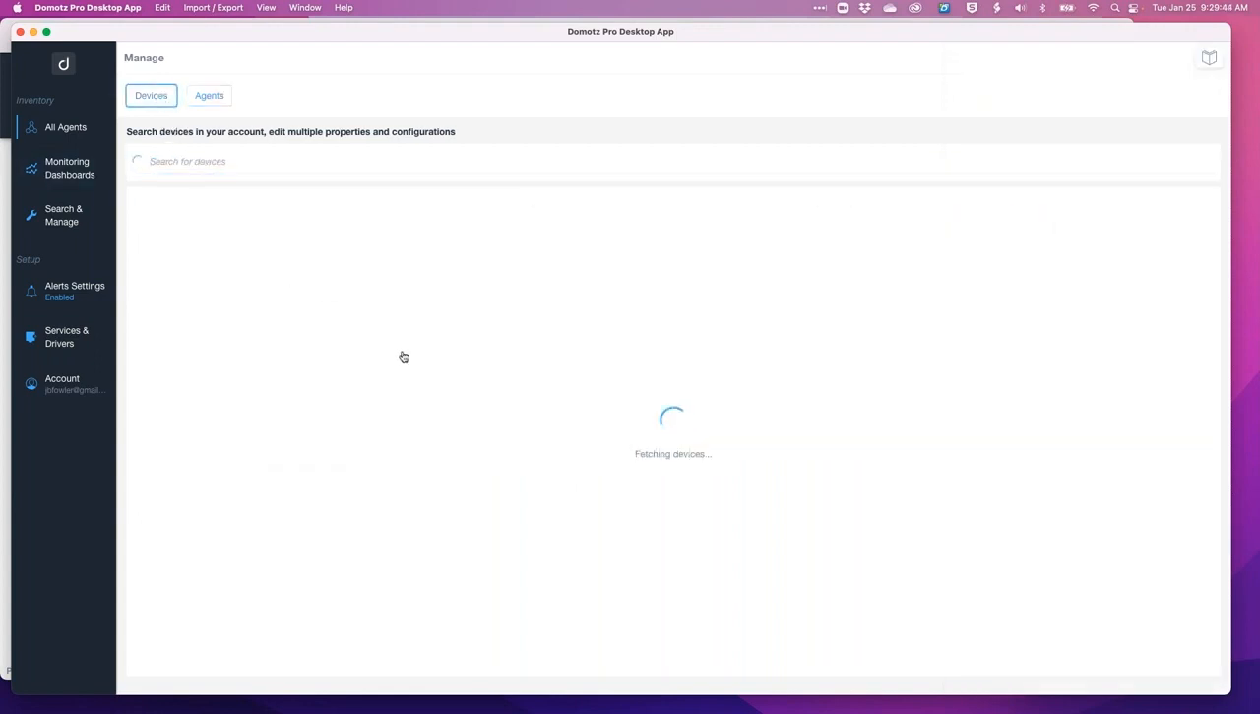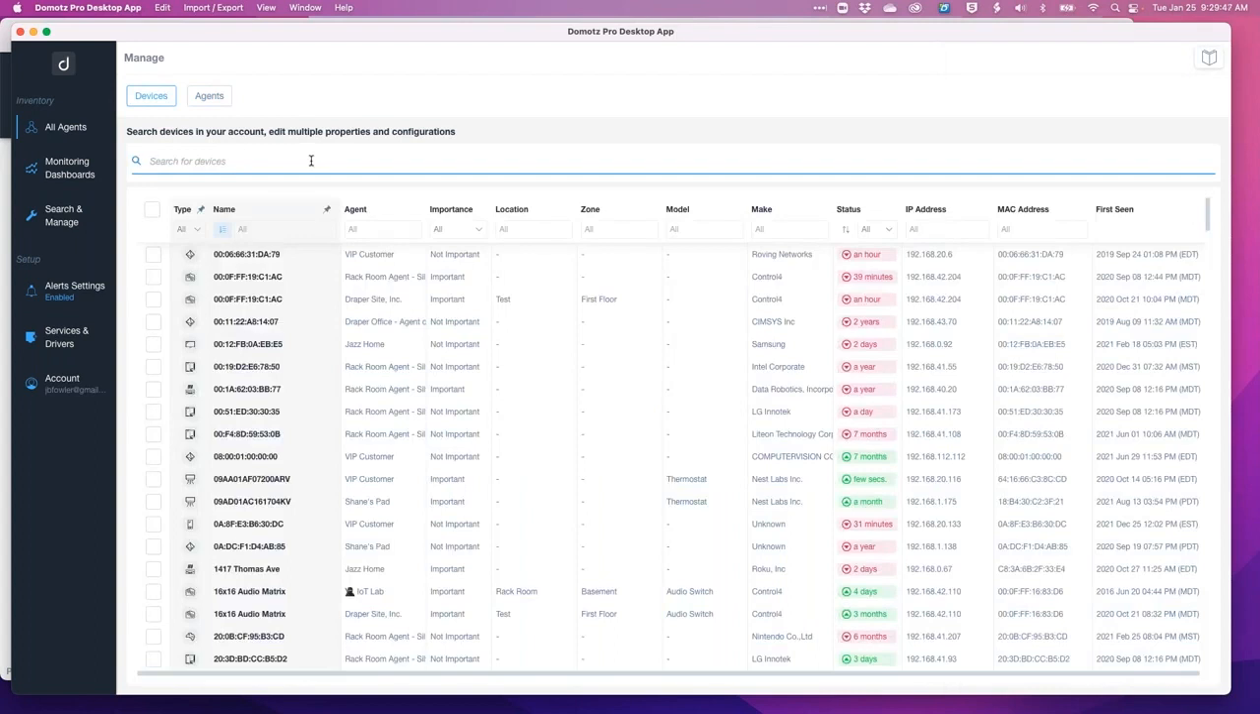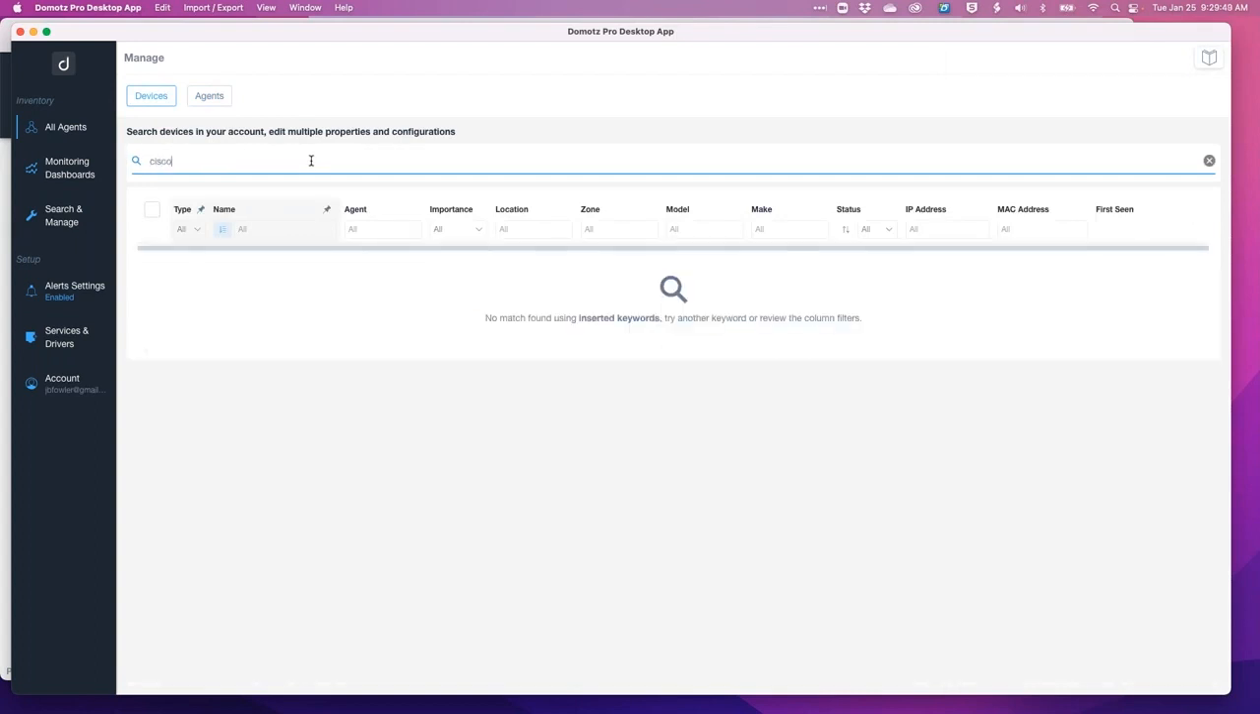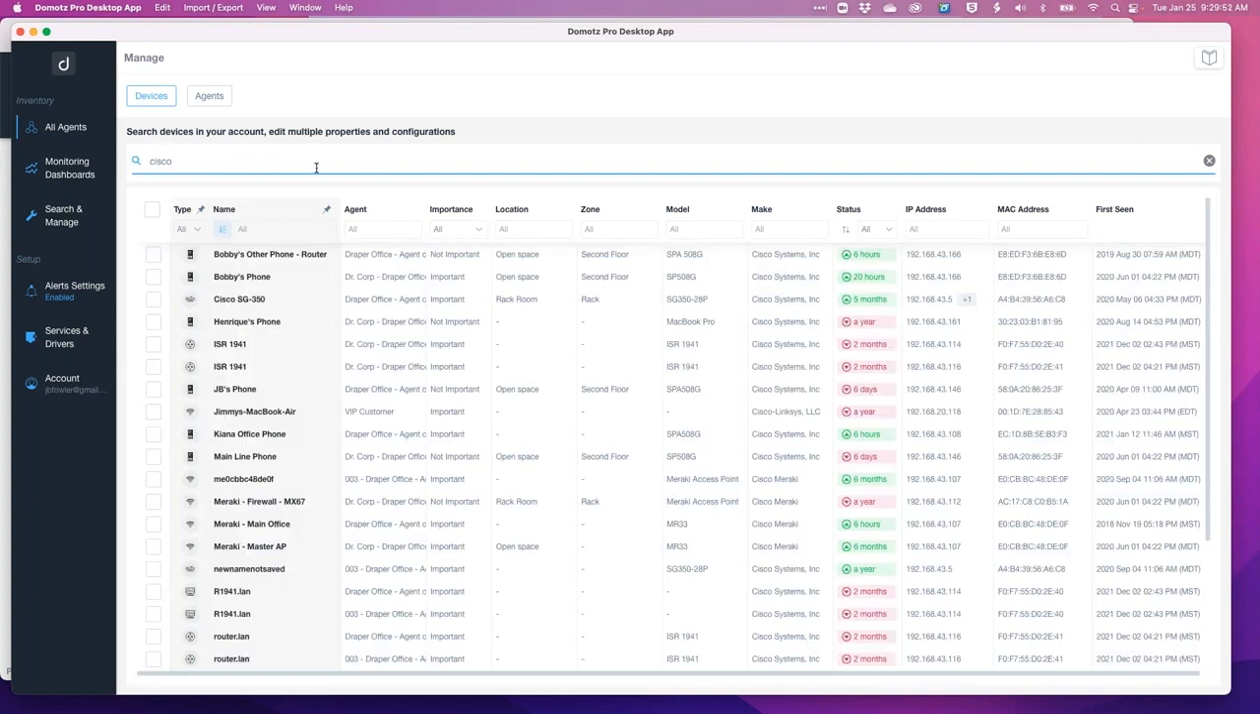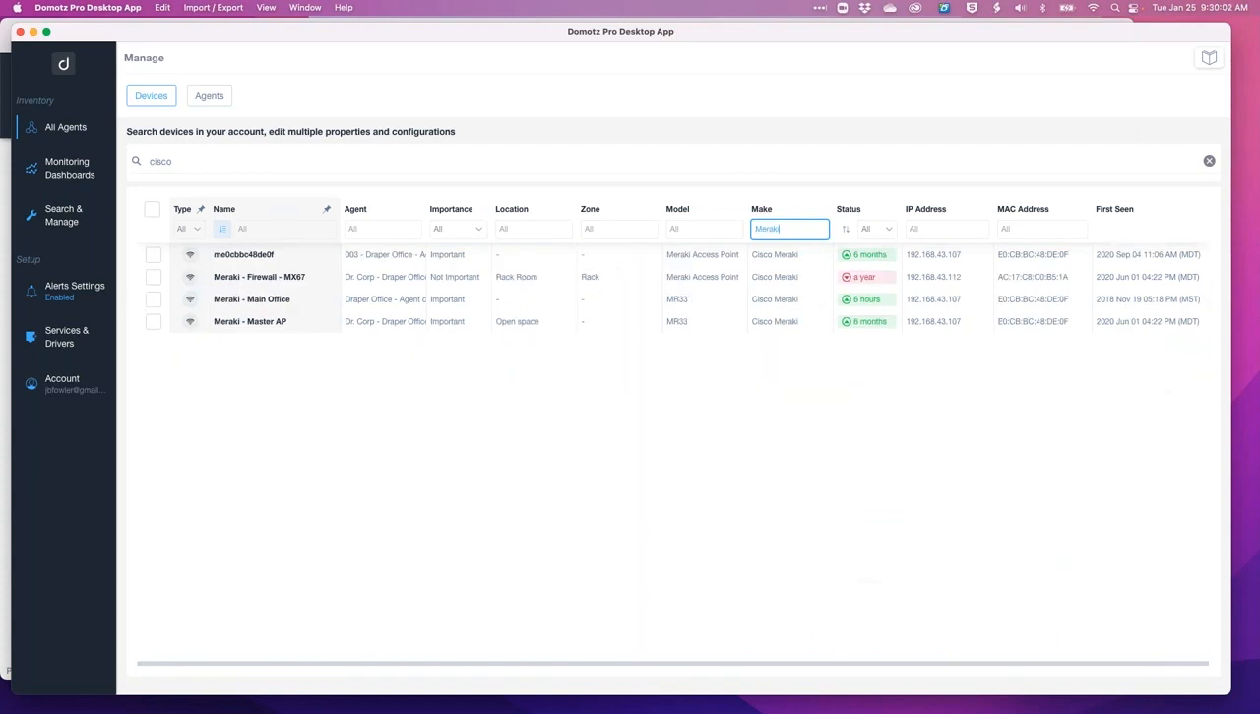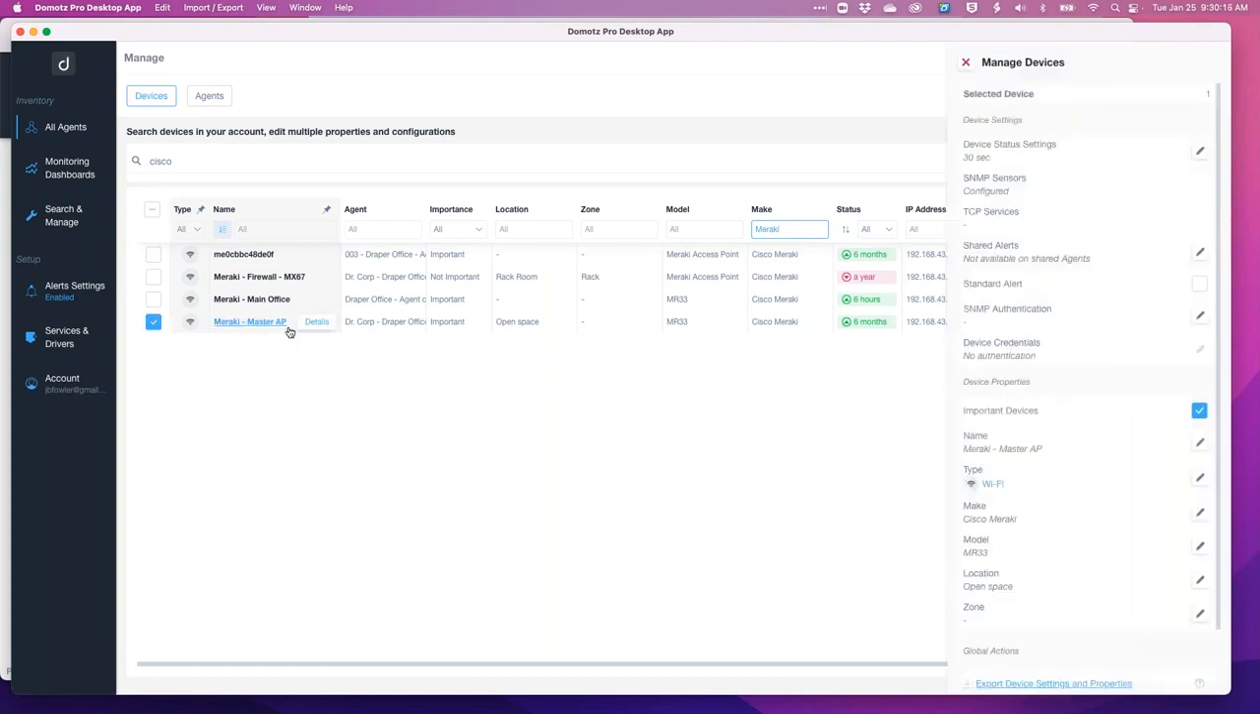But if I scale this back and look at each individual device, I now can search across all of my different agents that are out there. You can see all the list of agents that are out there that have the word Cisco. If I want to hone in and look at, say, Meraki specifically, I can look at Cisco, go down to the filters within the make and look at Meraki. I can then see some of the status if that's what I want to do. But again, more importantly, if I wanted to grab this Meraki master AP,